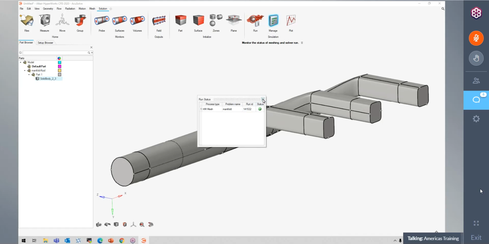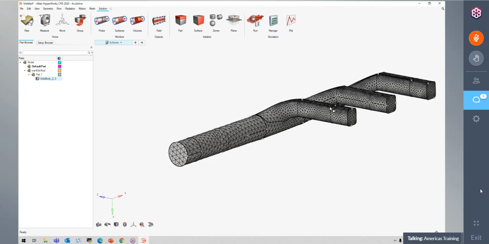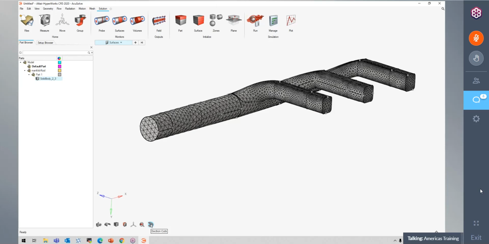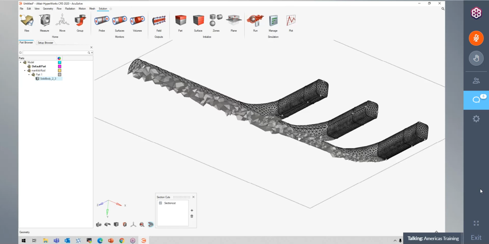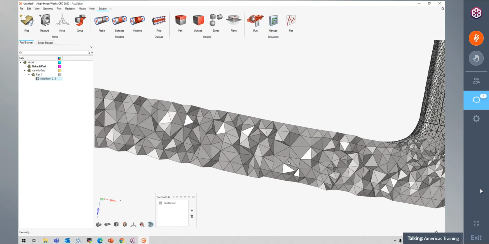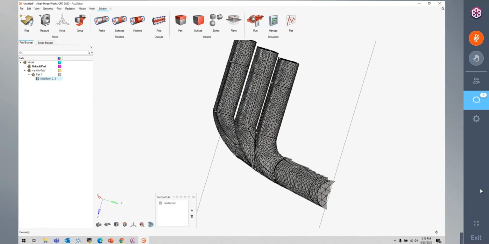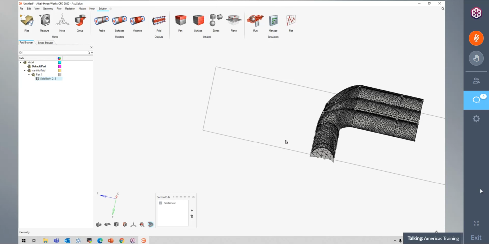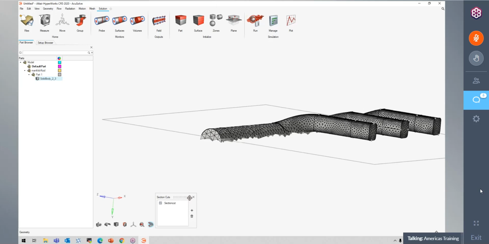Okay, so once this is done, if I close this window, it'll show the mesh that it created for me here, right? And if I want to check my volume mesh inside of this, I can use that section cut that I showed you at the beginning that I was hiding the whole time. If I bring that little checkbox up again, you'll see it shows me my mesh inside of my geometry here. So I generated a nice volume mesh and a surface mesh. This is not ideal. This is just to give you an idea of what's going on, because like I said, I just want you to get familiarized with the model and the interface here. Okay, so now that